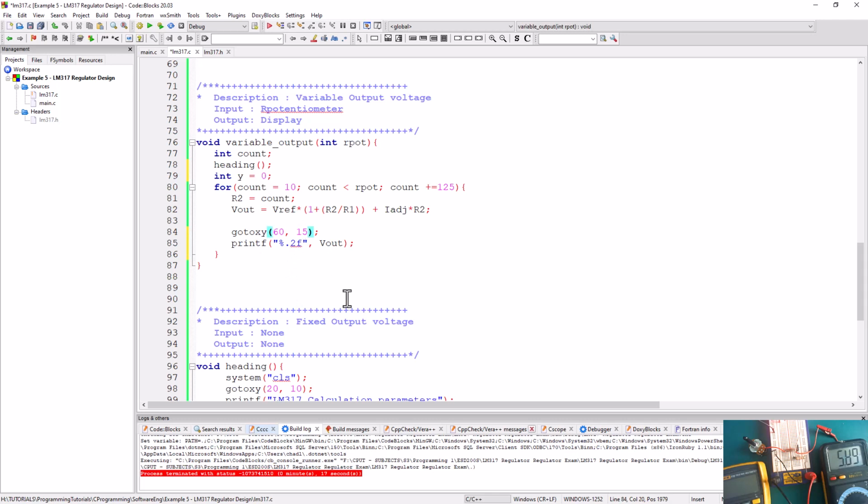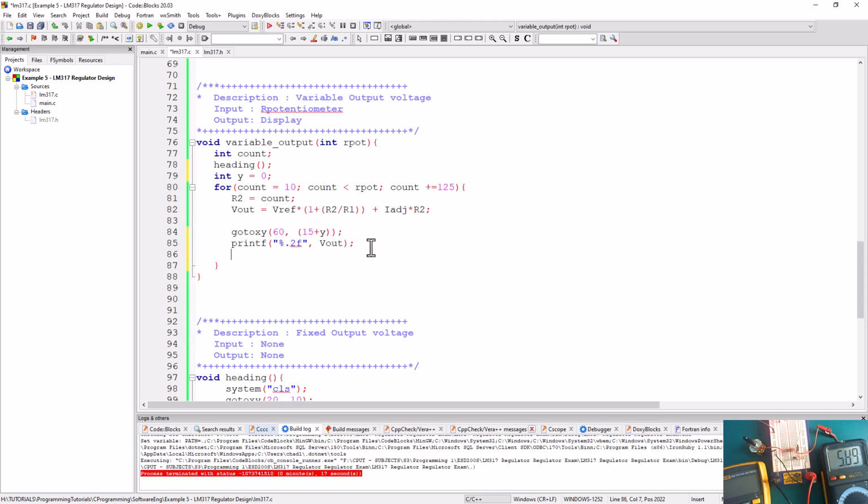Then I'm going to come here and add it to this y coordinate variable. Then we need to increment y by 1, so y plus equal 1, so that every time we are moving into the next y coordinate,